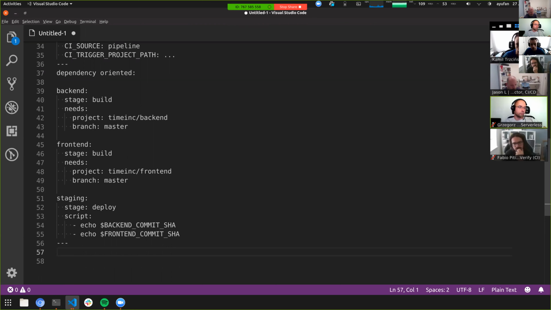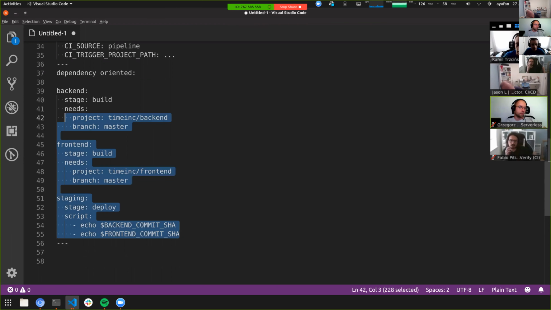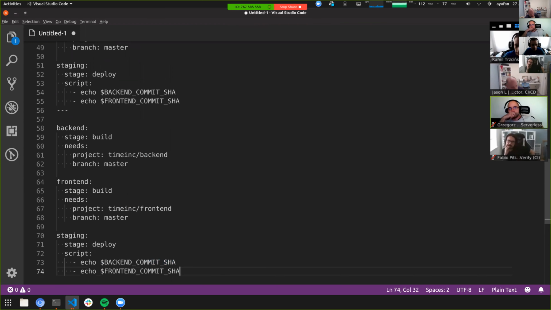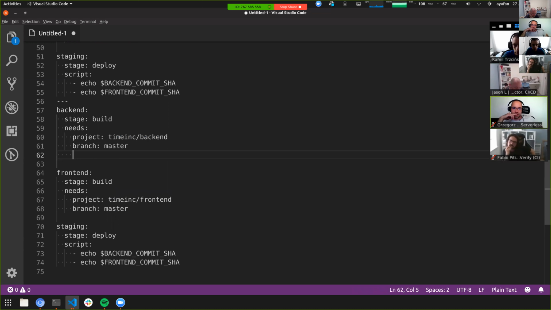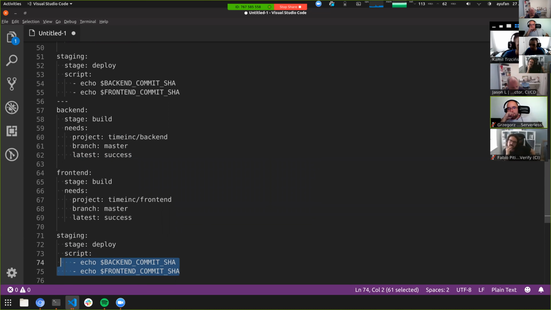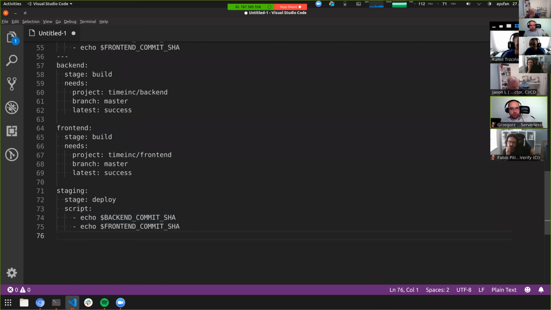If we hook not to the latest running, but to the latest successful, we could pass artifacts and details about the latest successful one in a very stable manner. And then you get all these details in your other job, so you know exactly for what dependencies your pipeline is running.